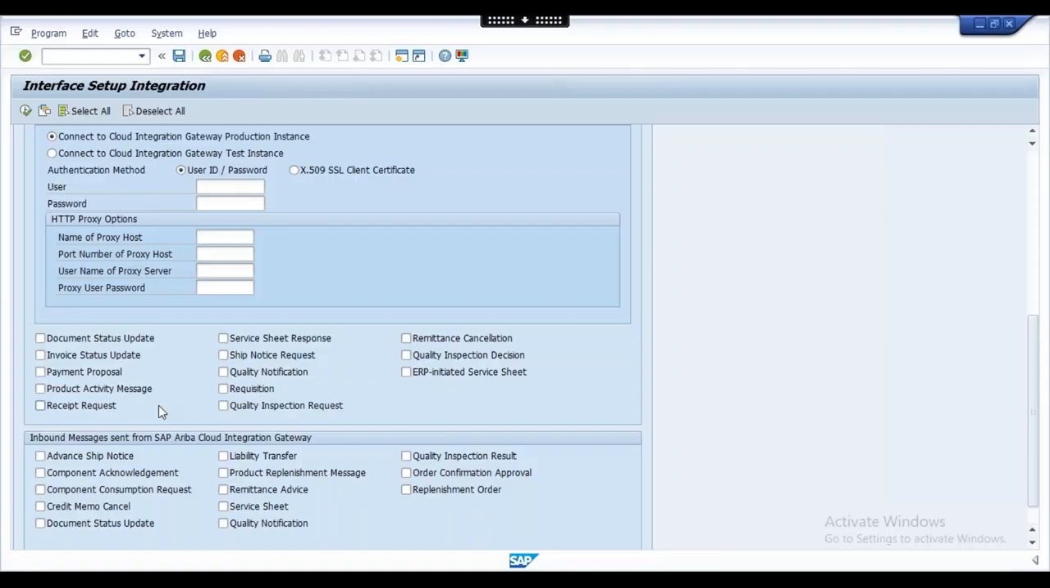Let me tell you in a different way. Sometimes what happens is we are creating the purchase request and purchase order receipt on the Ariba side, right? And your